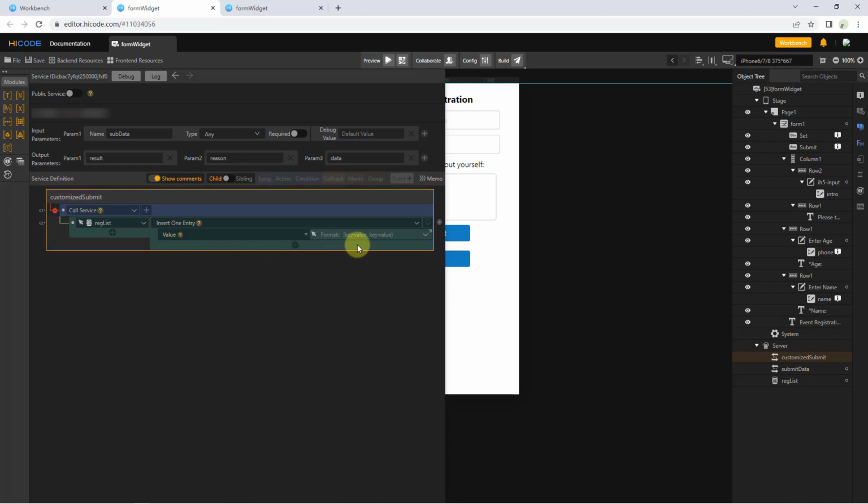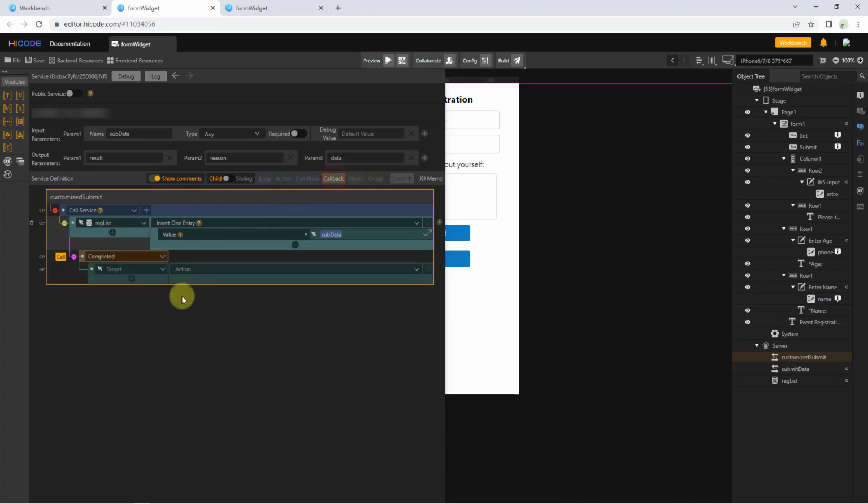Inside this input box, we can see the format it is expecting. So inside a curved bracket, a pair of key and value, and different pairs are separated with a comma. So later we will give a value in this format to the input. And for this box, we will select the input that we have defined, submission data, and click this action, callback,